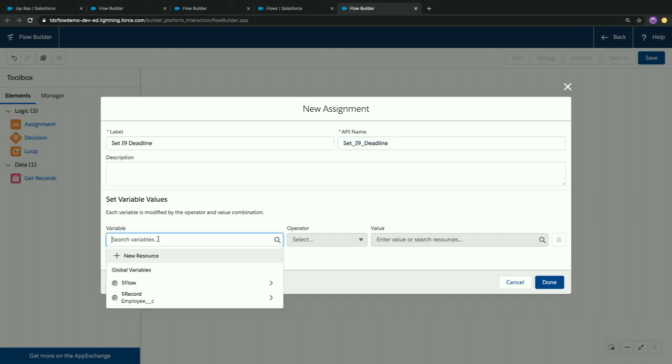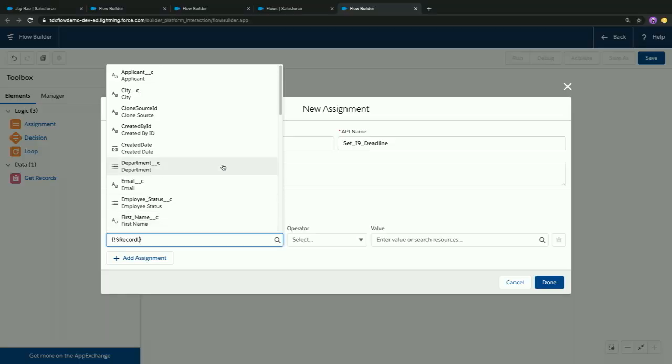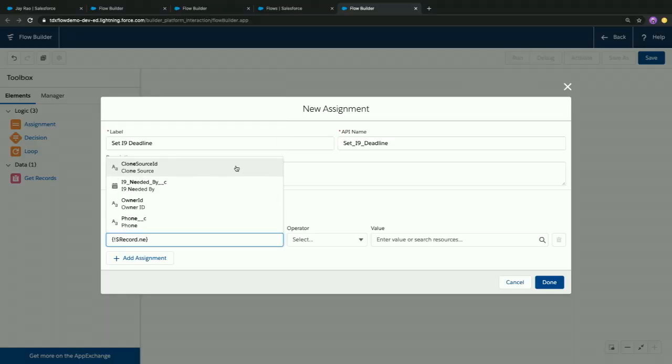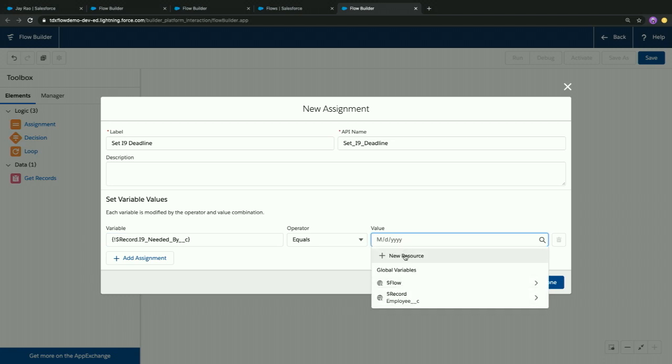We're going to say $record. When we have a trigger like this in our flow, and we have a record context, for example, we know this is going to change on the employee record, we automatically have this context record, which is $record, which is the record that you created, in this case, employee. So we'll go $record needed by date is going to equal,